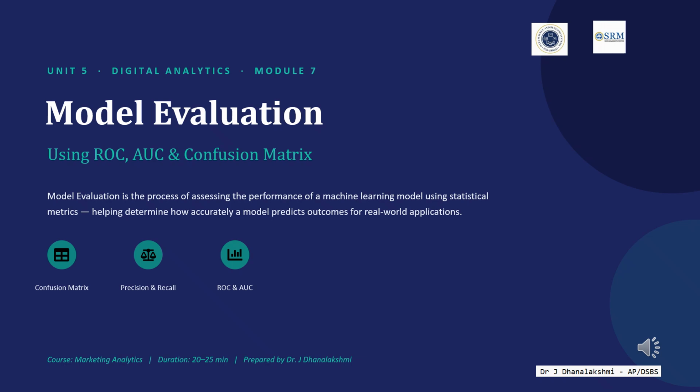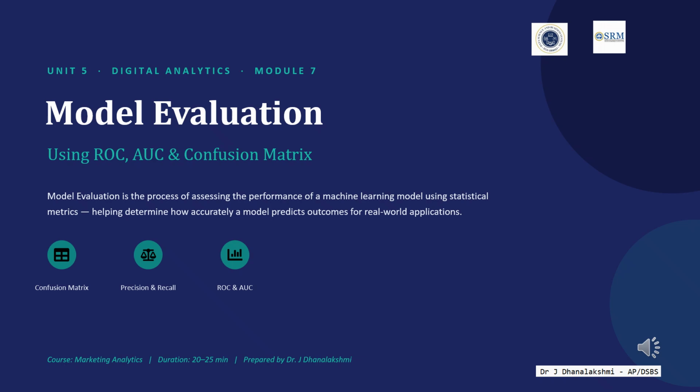Welcome to Unit 5, Module 7 of Marketing Analytics. In this lecture, we will study model evaluation, an essential step in machine learning that measures how well a model performs before it is deployed in real-world applications. Model evaluation uses statistical metrics to assess prediction accuracy, identify errors, and determine whether a model is reliable for business